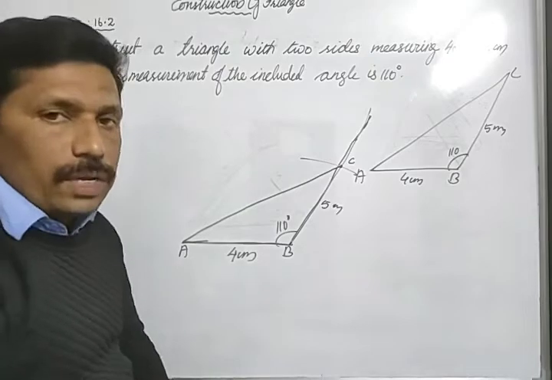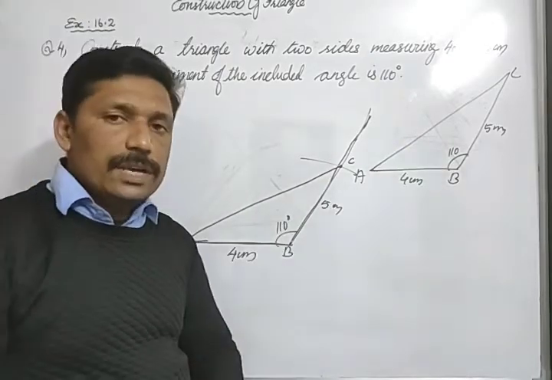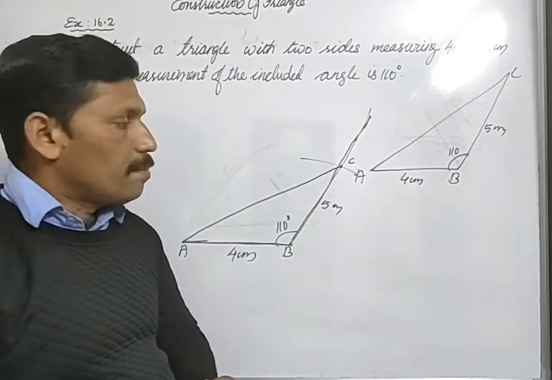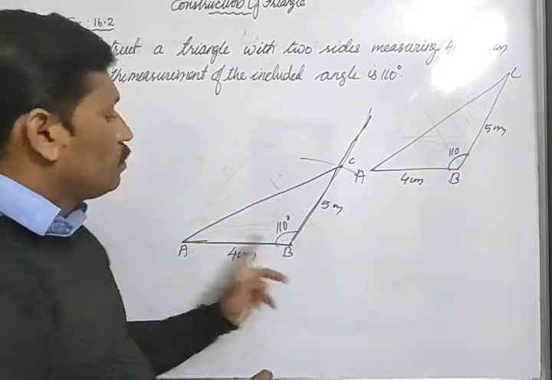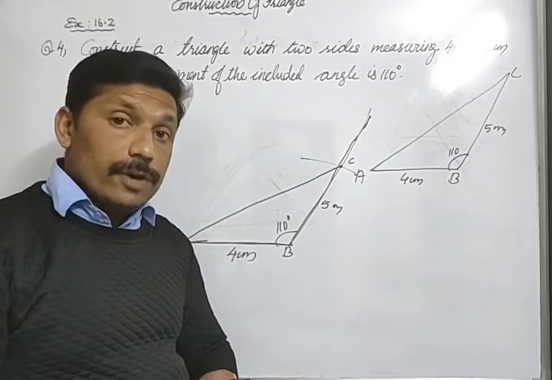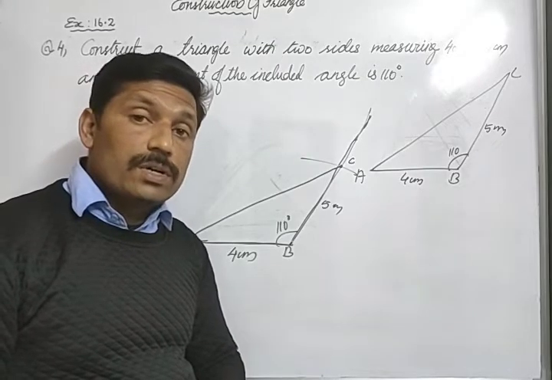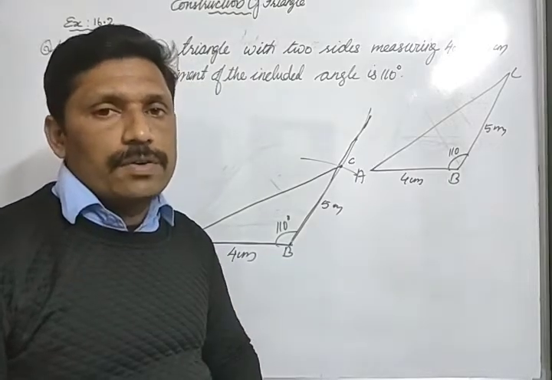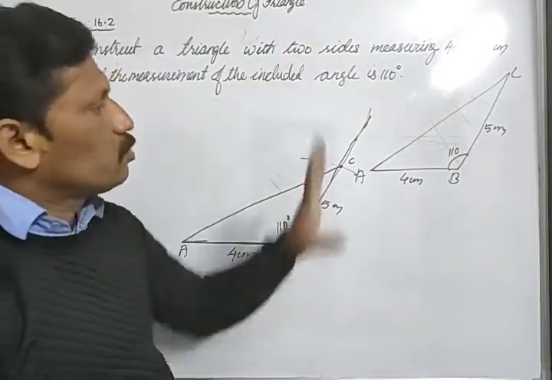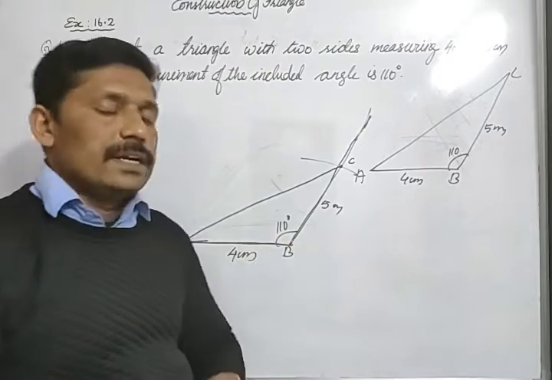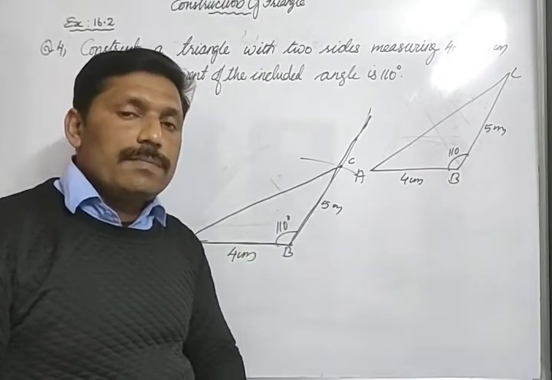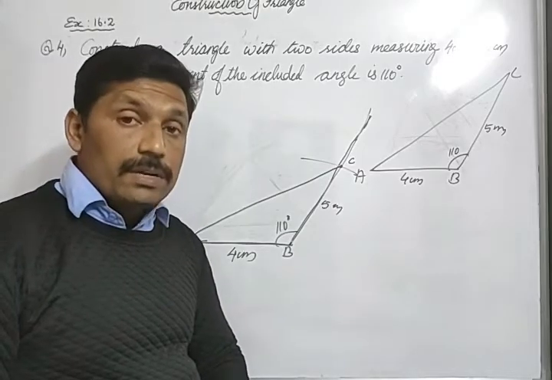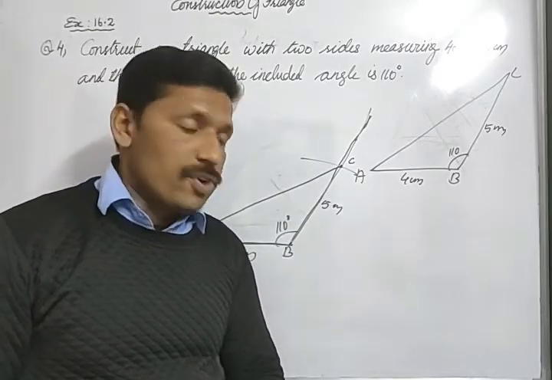It is important that whatever measurement is given in the question should be given in the fair diagram also. Otherwise your marks will be lost. And the name of the diagram is also compulsory. If any particular name is given in the question, you have to give that name. If no name is given, as in this question, we give any name as we like. But a name is compulsory. This name and measurement are very important. Without that, don't make any triangle.